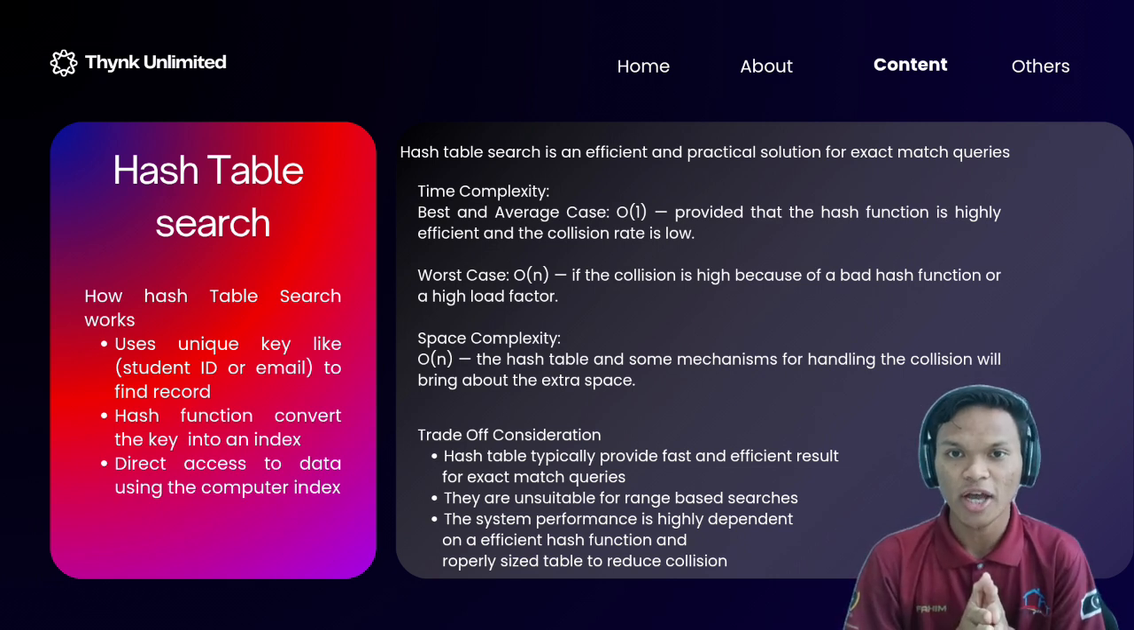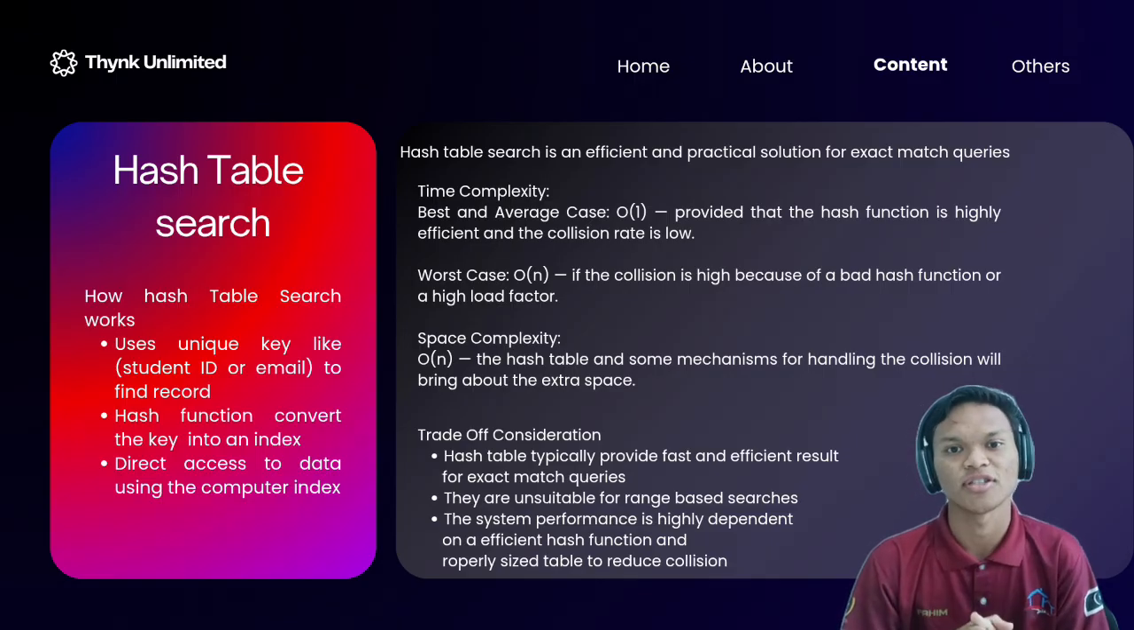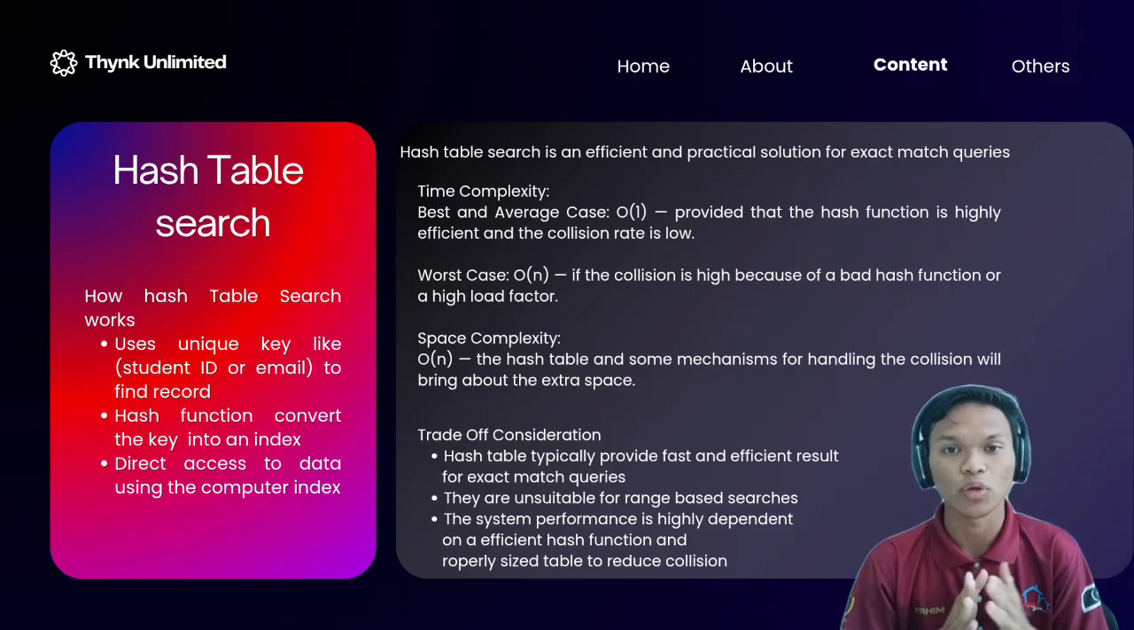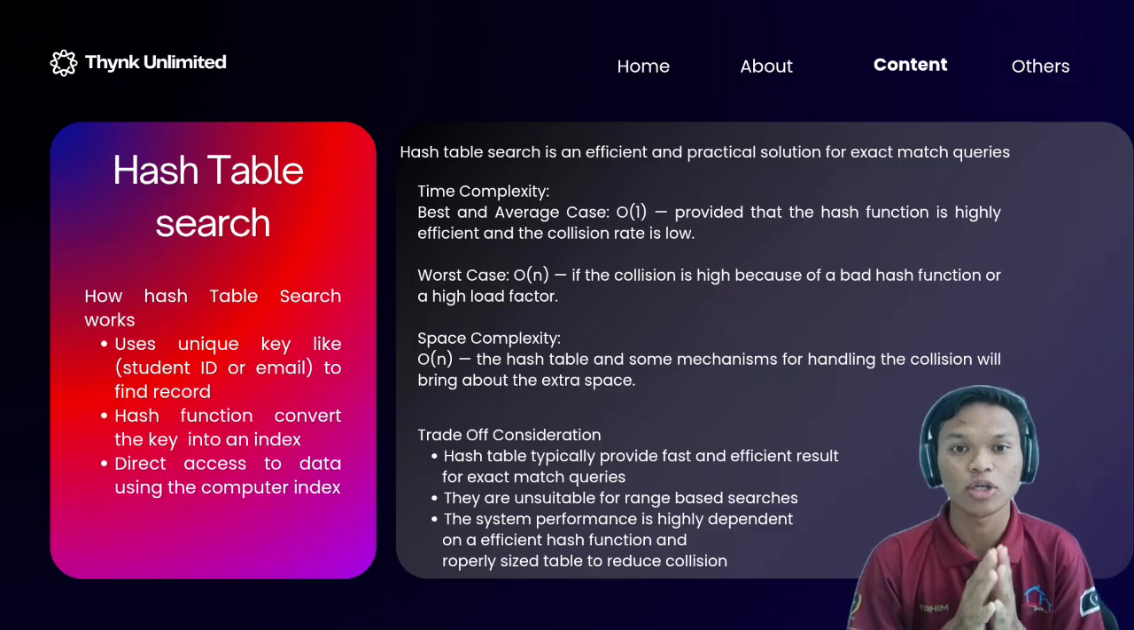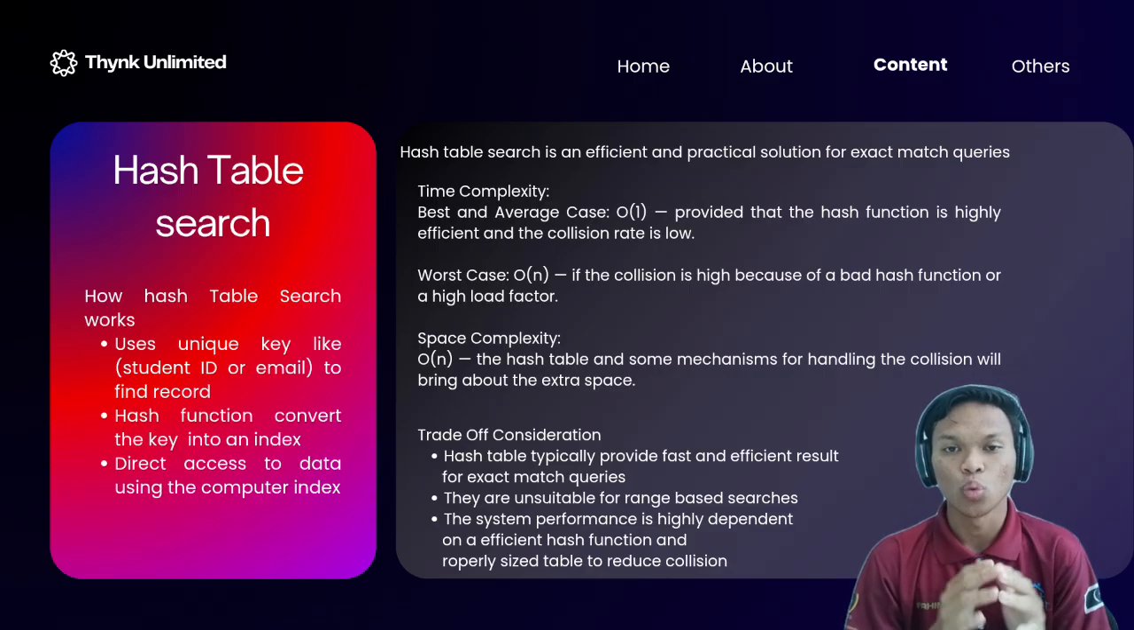Application: in our case study, hash table search is ideal for real-time portals where fast access is needed, such as a student login system or profile lookup by ID. Time complexity: average case O(1), assuming a good hash function and low collisions. Worst case O(n) when collisions are too frequent, and space complexity O(n) due to extra space needed for the hash